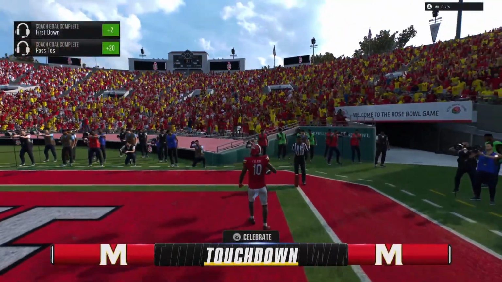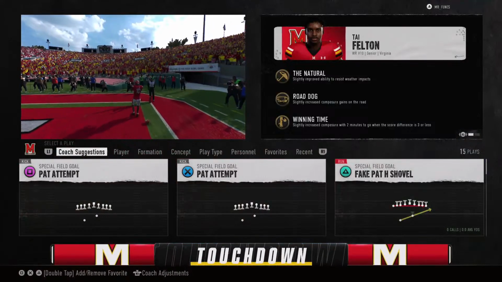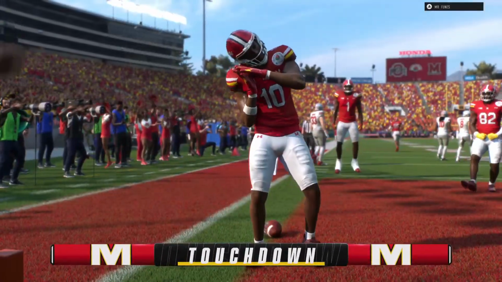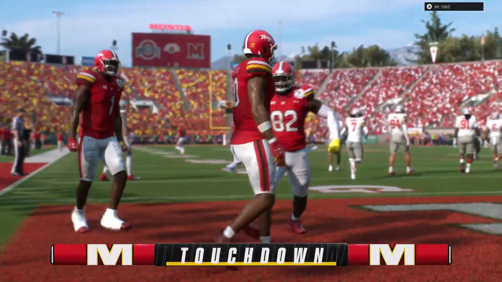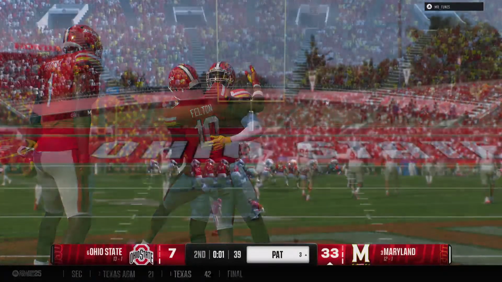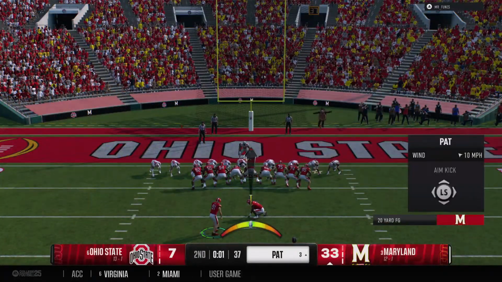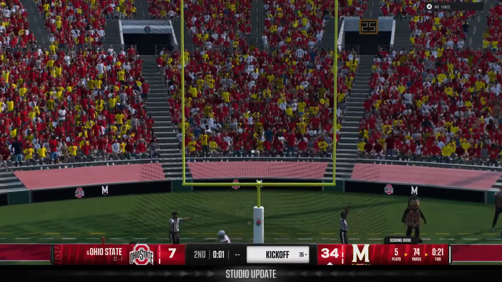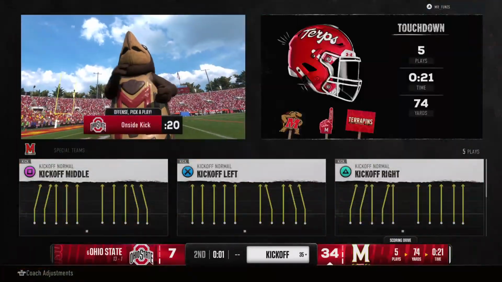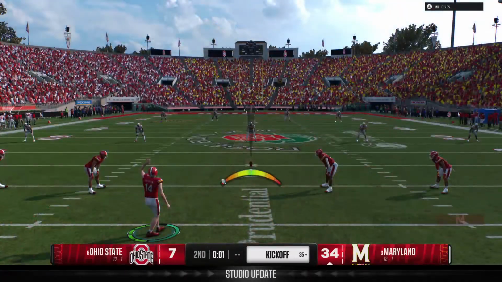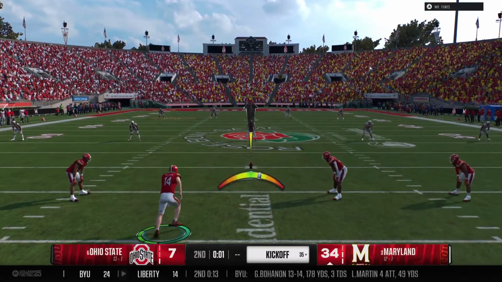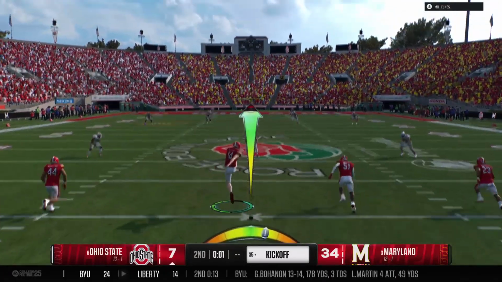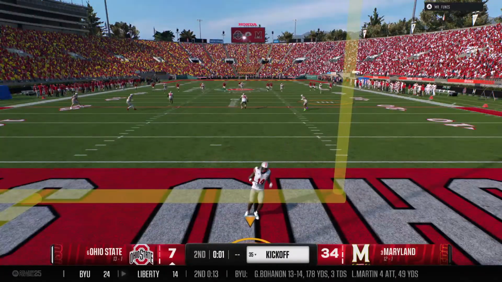Touchdown, Terrapins. This offense really clicking. Well, if you're going to give it to him, he's going to take it. That's his third touchdown today against this defense. Whether they play zone or they play man, he's finding ways to win matchups and get the ball to the end zone. Extra point knocked right down the middle. So an important touchdown just before halftime. Not much time for the opposing offense to try to answer before the break.